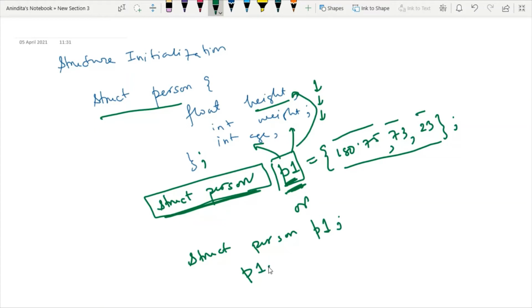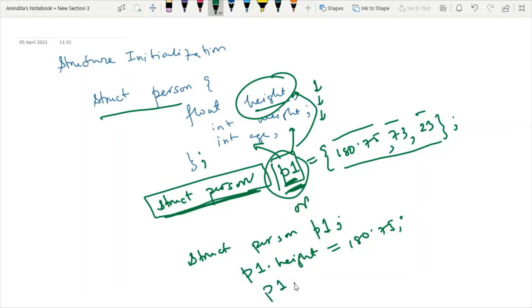Just like p1 dot height, which is equal to some value. Then p1 dot weight equal to some value. So this is how you can initialize a structure variable. You can use any convention, but this is your static declaration.